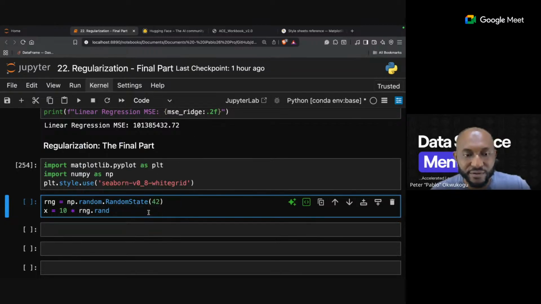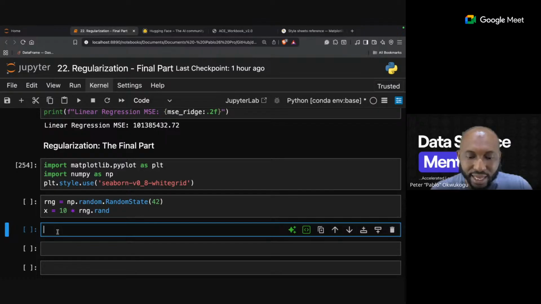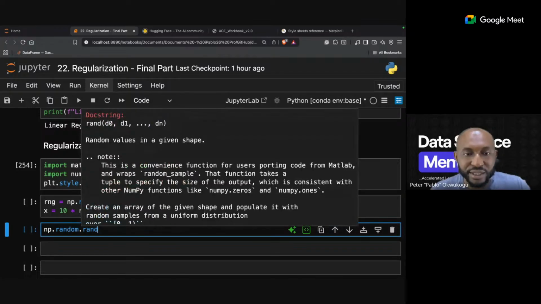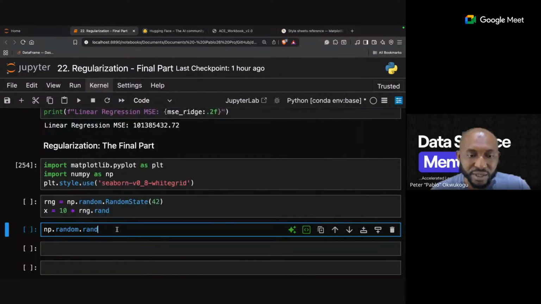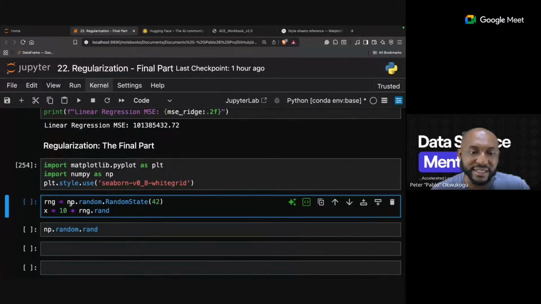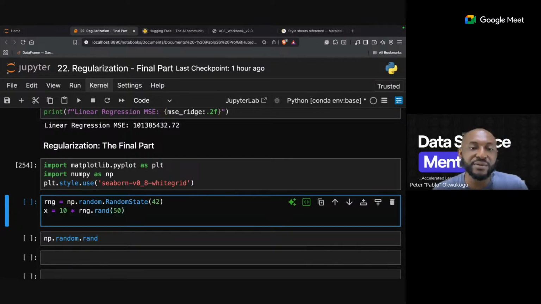If I check np.random.rand, you can see it's random values in a given shape. When you see me use this, I have already packed np.random inside this, so I don't have to use it anymore. I can just say .rand. So I'll have 50, and I'll multiply it by 10, so random values in that state.